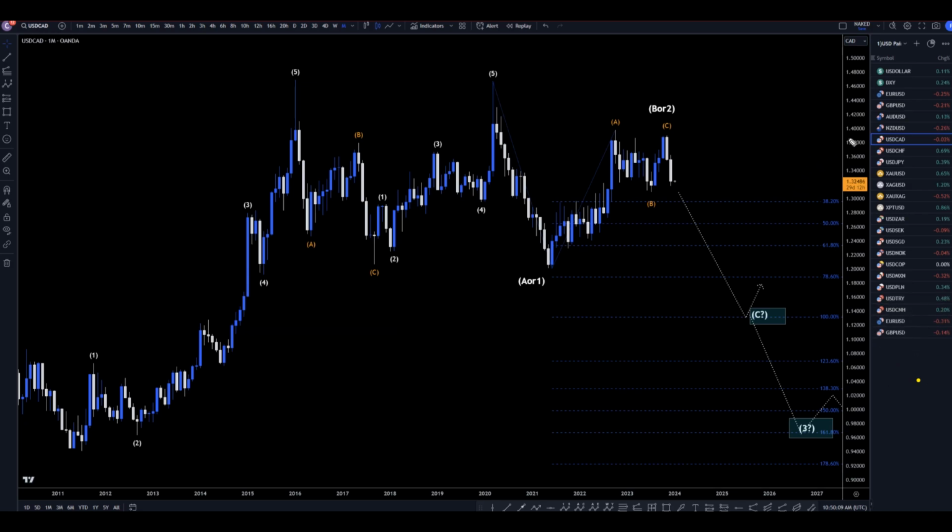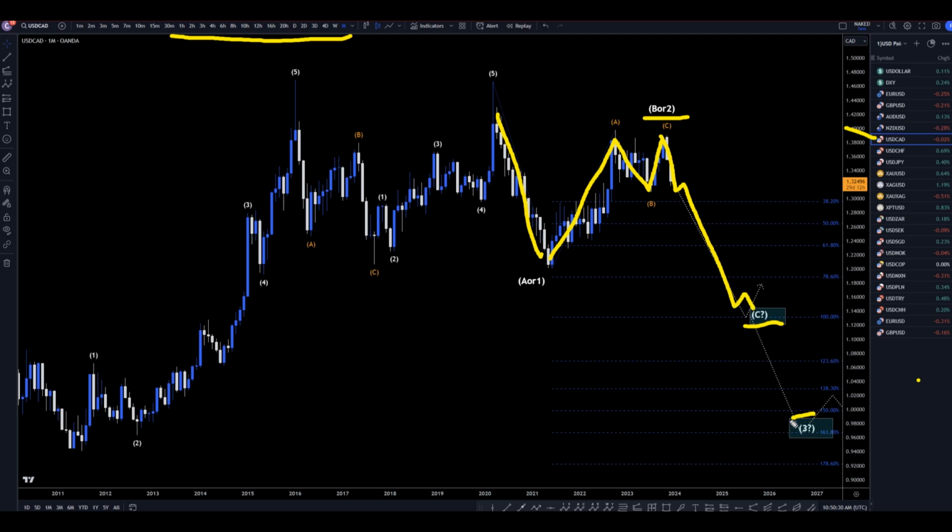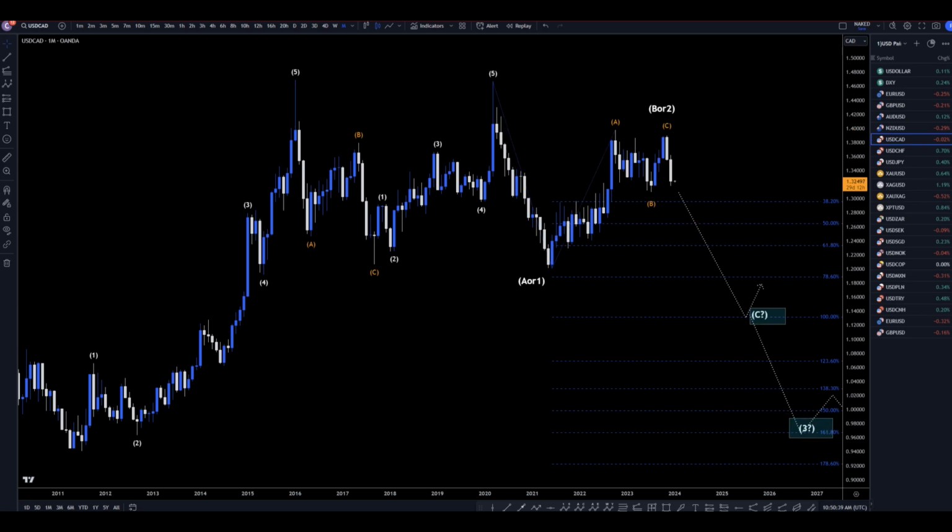I'm going to be analyzing the US dollar Canadian, starting on the monthly, working my way down to that 1 hour time frame. So on the dollar CAD, I still think this is a 1. I'm actually now thinking that this is pretty clearly an ABC correction and that this is the end of a B or 2. And that means that we're most likely going down for either a C, which would go down into this area, or possibly a 3, which would go all the way down to around here. So either scenario, I don't really care whether it's a C or a 3, because either scenario, we are going to be looking primarily for shorts on shorter time frames.